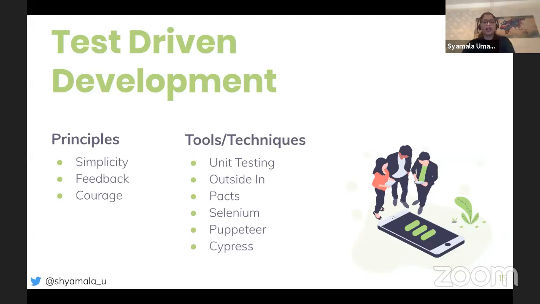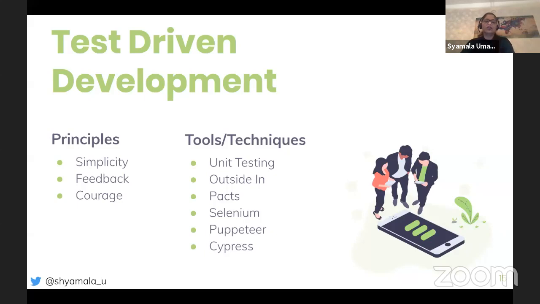But if you are inheriting some legacy product, I would still say that writing tests after, or writing tests to understand the behavior of the current code, so that you have the confidence to refactor or change it, is very important. So it's test first or test after, it doesn't matter, but having tests in many layers is really important, because it gives you courage to change your code. It gives you courage to add features, and you can be very confident when you're pushing the code that everything is working as expected.